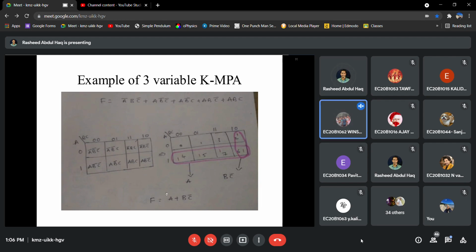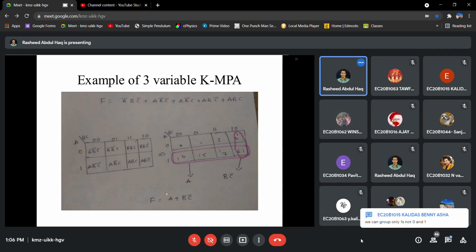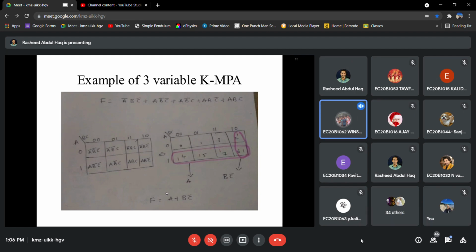In the K-map, A we put in the column. No, that I understand. I am asking what your output will be. Like in this case, my finding is that F is equal to A plus B C bar. So what is your finding? I'll have to see, sir. It will be something like A bar B. I don't know, sir. I'll have to see. What is your question? Then you rephrase your question once.